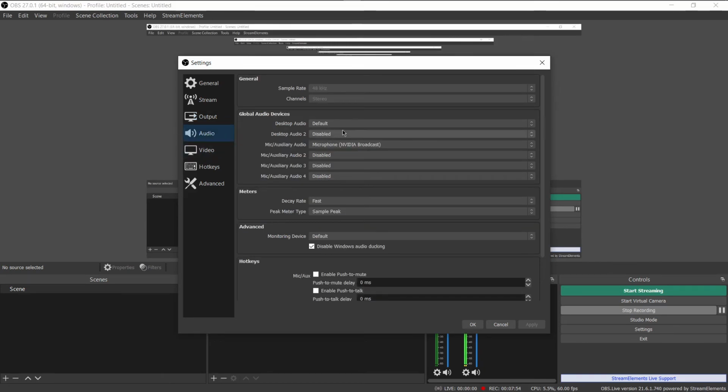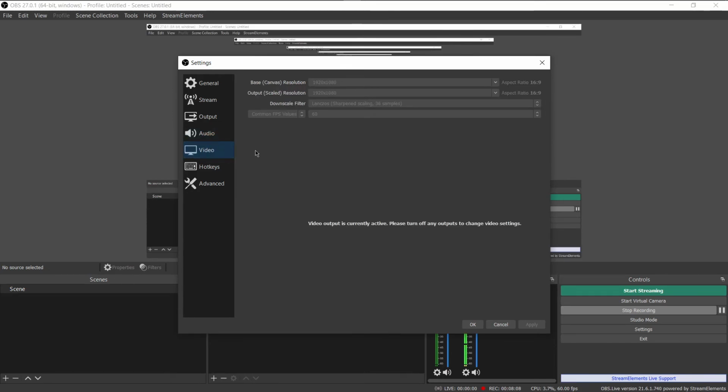In the audio, in the desktop audio, you put it to default, and in mic you put your microphone. You can select which audio to put, but that's not really important for us right now. So the most important thing is here our video. So in our video, the base canvas resolution is 1920 by 1080, and output scale should also be the same.